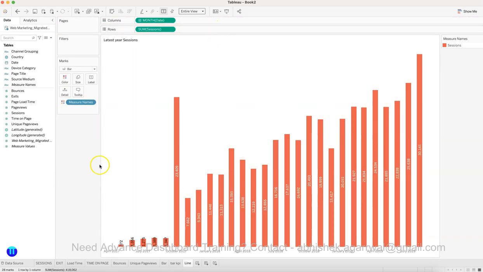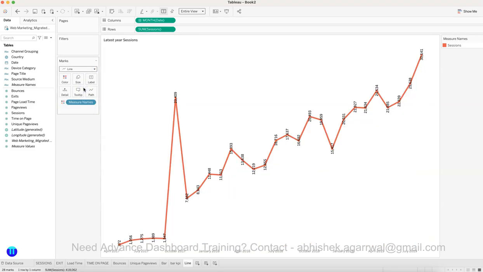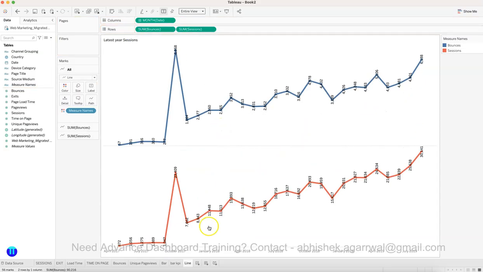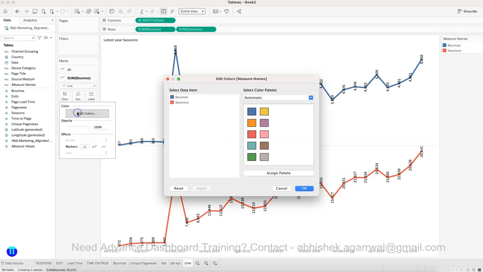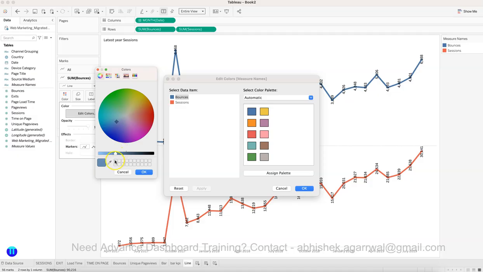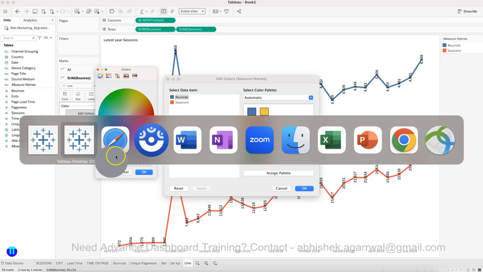Then I basically change this to a line chart. Okay, and my next line is basically sum of sessions and bounces, right? So we have sessions and bounces, which I can choose a color for bounce. If I come over here, session, and this is for bounce. If I come over here and I go back,